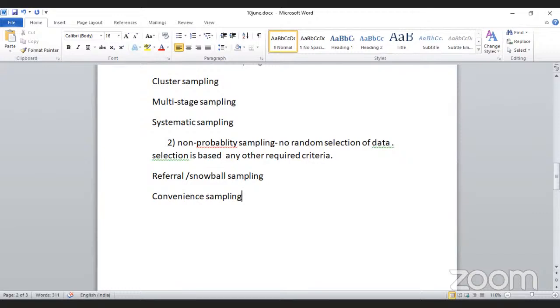So these are the types and subtypes of sampling we have. So my next question is,